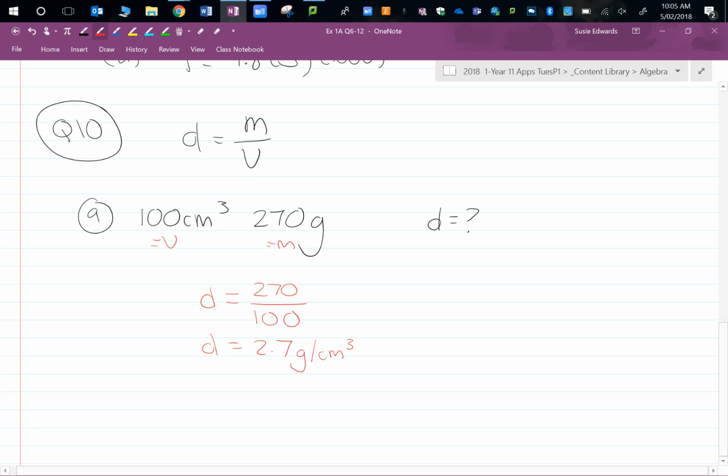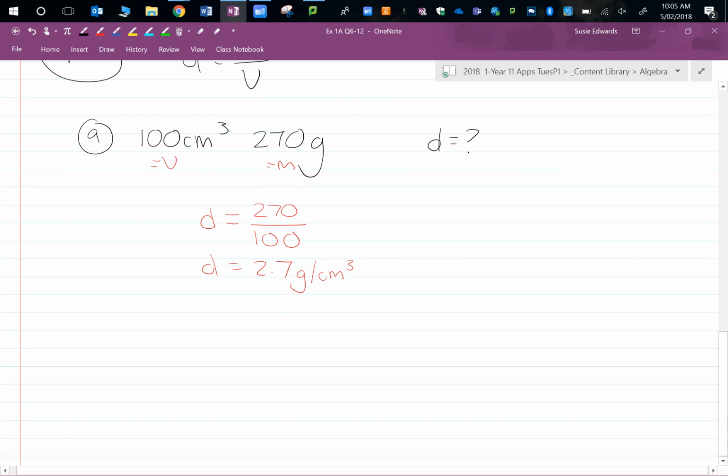Any questions about that? The next three are the same. So it's exactly the same. You've just got to pick out your different numbers. I'm not actually going to go through them because they are exactly the same. For D,